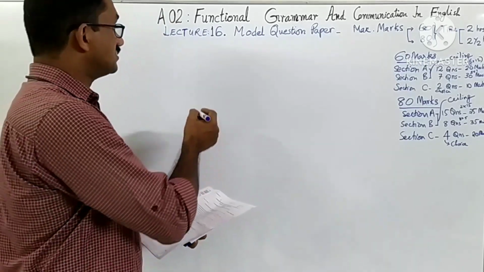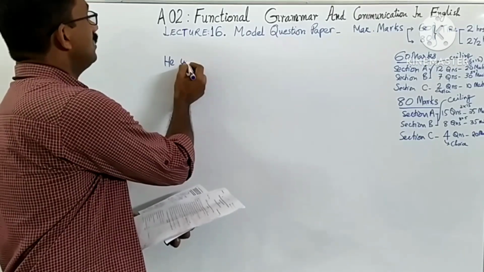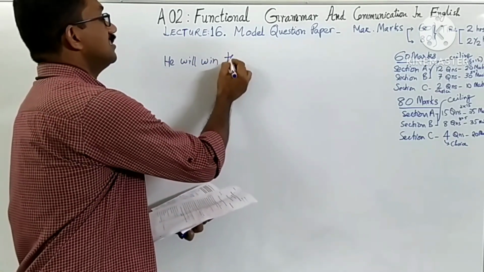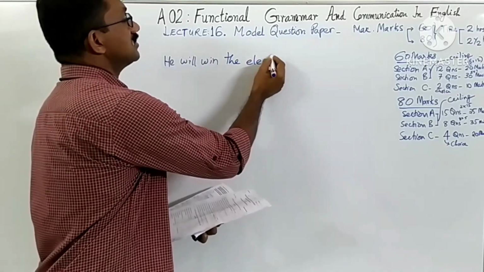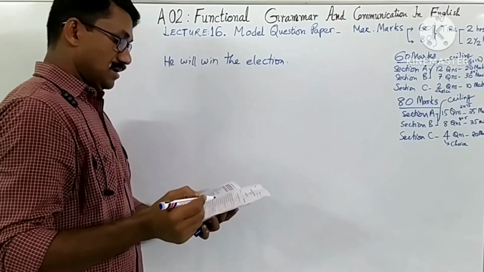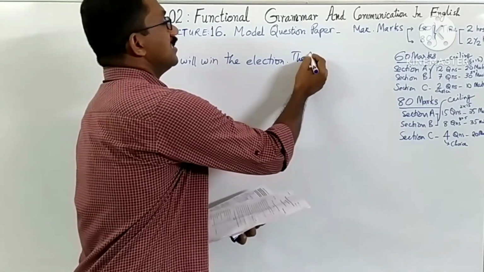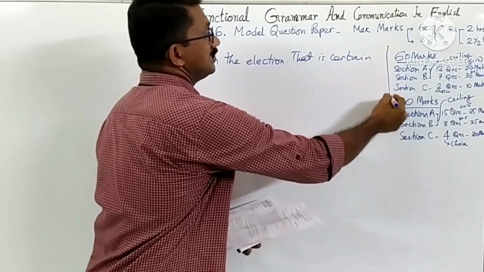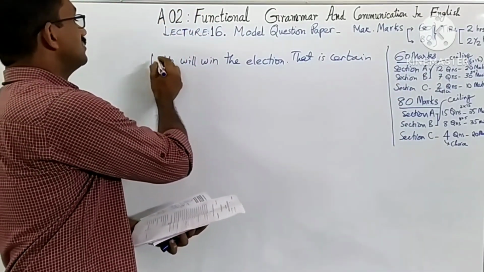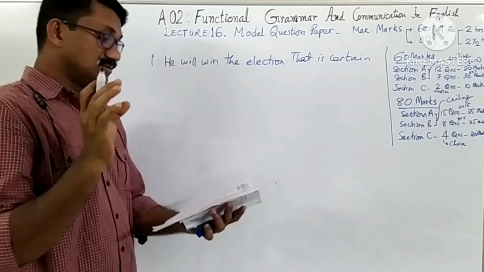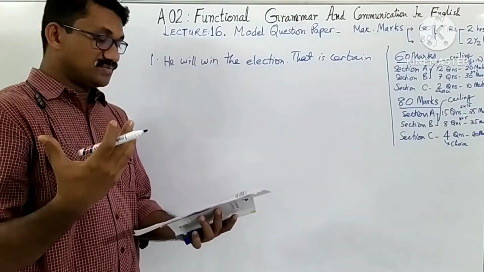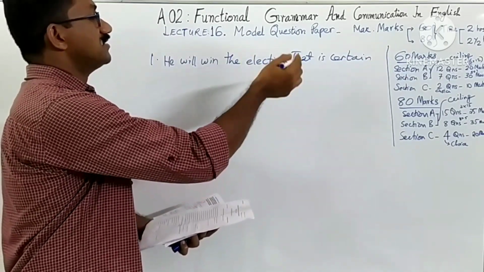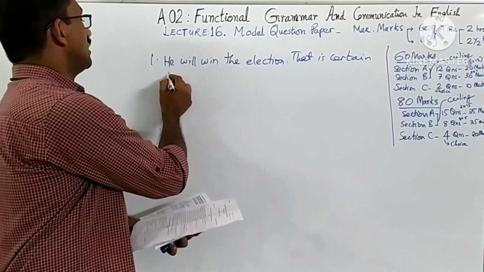Okay, the sentence given is, he will win the election. That is certain. All right, he will win the election. That is certain. So you have 2 sentences. These 2 sentences you have to change into a simple sentence. Okay, he will win the election. That is certain. All right, so the answer will be,